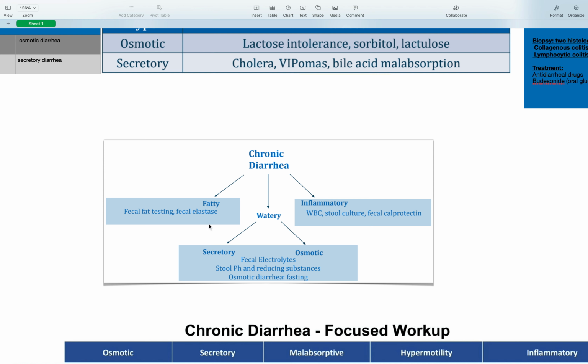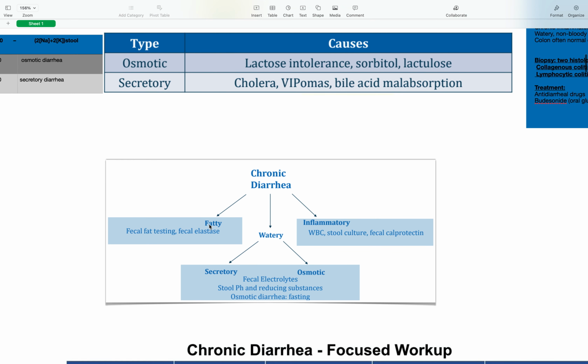In fatty malabsorption, the patient will actually present to you saying that they have very greasy stools and it's very difficult to flush. So that is indicating a fatty malabsorption. In that case, you will do a fecal fat test and fecal elastase test. Fecal elastase is important in diagnosis of chronic pancreatitis because this goes low in chronic pancreatitis versus other forms of